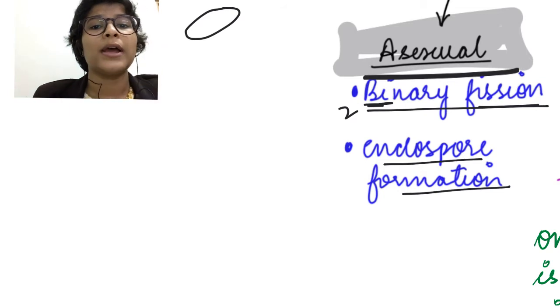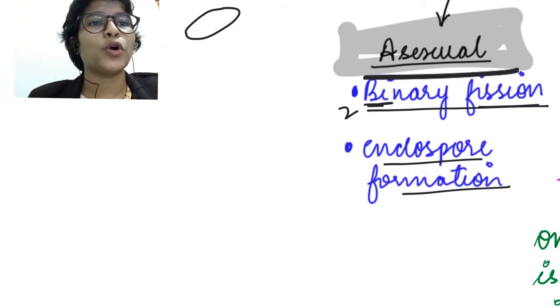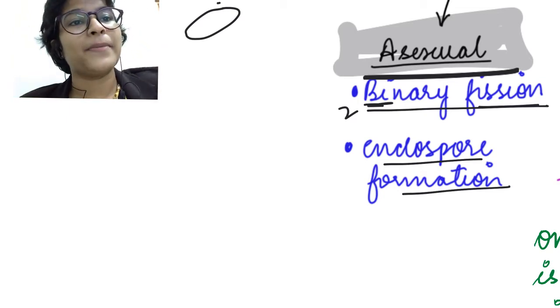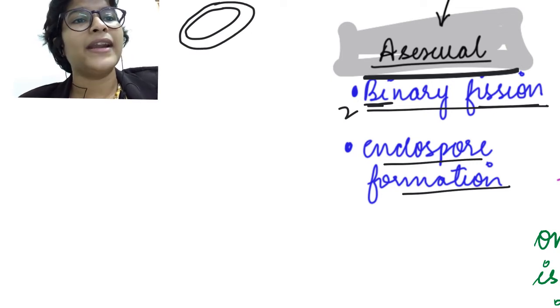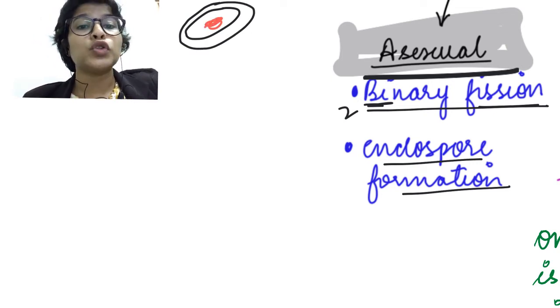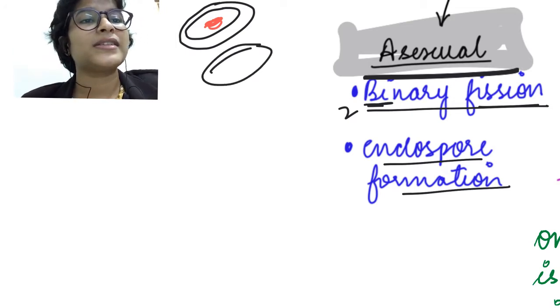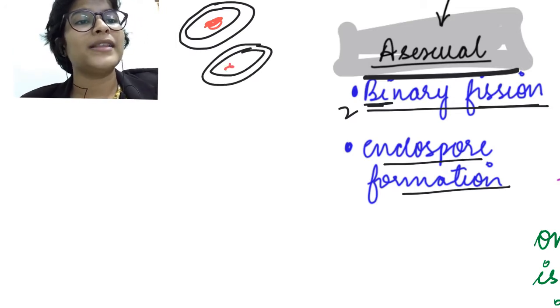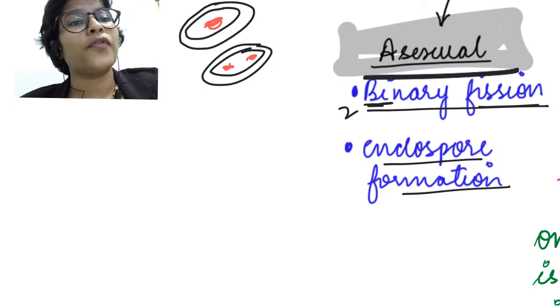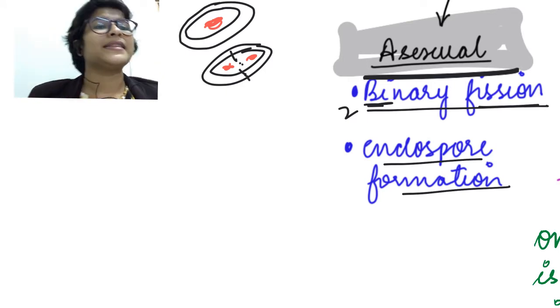But how? A bacteria is very simply organized. A bacteria has a cell membrane, it has a cell wall and it has this nucleus. So simply there is the division of this nucleus into 2 parts which go towards either end, and then there is the formation of a septum in between. Okay, this is a septum.